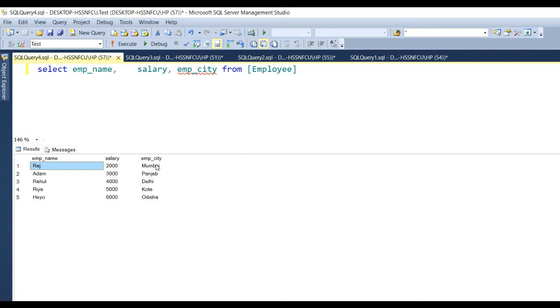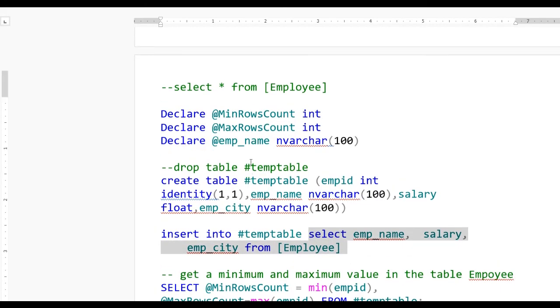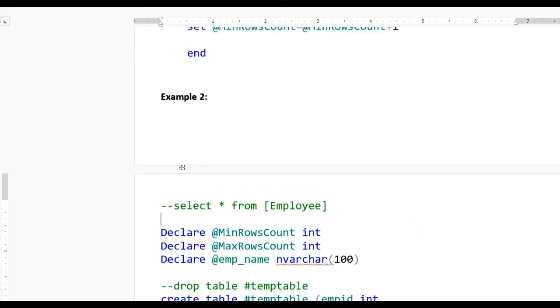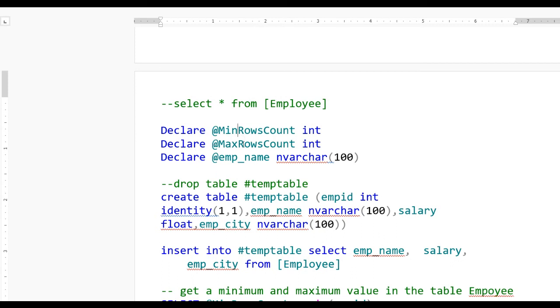So for this we need to create a temp table. So let us see how this type of situation can be implemented. First you can see min rows count, max rows count and employee name.